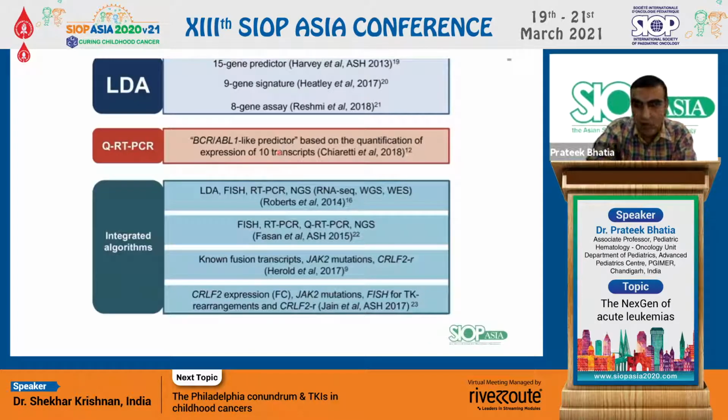What is important is how we go on and detect the pH-like lesions. So there are many different algorithms available to detect. First of all, people do screening by a low density array. So you can use a 15 or 98 gene validated predictor, which can give you information about the gene expression and pH-like signature. You can alternately use a qPCR expression upfront, and then use a combination of these methods.